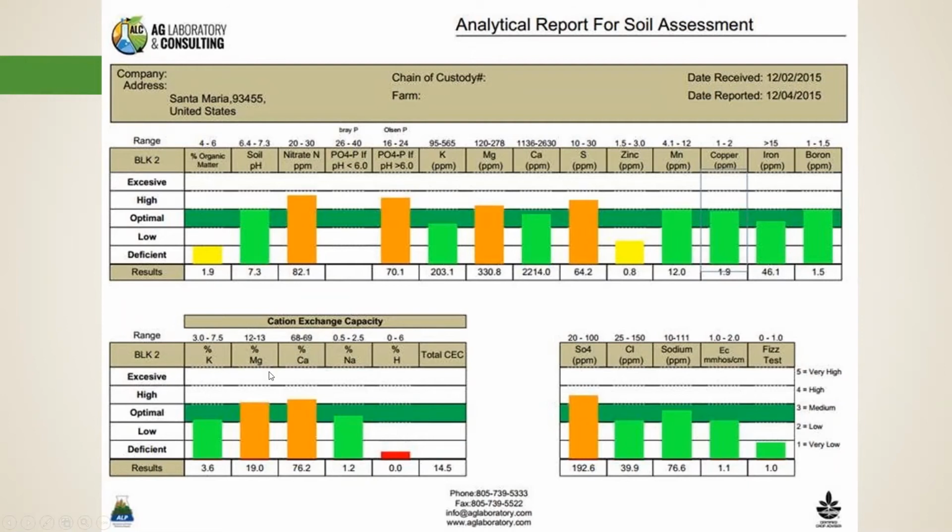We could maybe increase our potassium and zinc. So this is great. This shows us in graphical, easy to see ways what our nutrient levels are. And from there, we can come up with a fertilizer schedule or some recommendations.